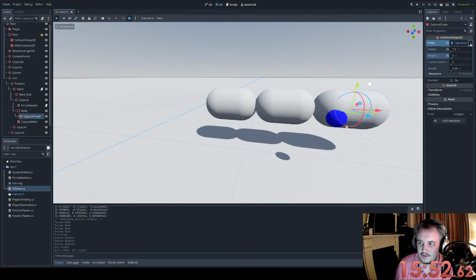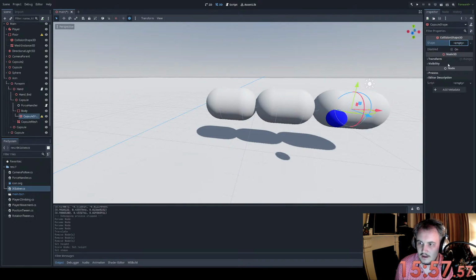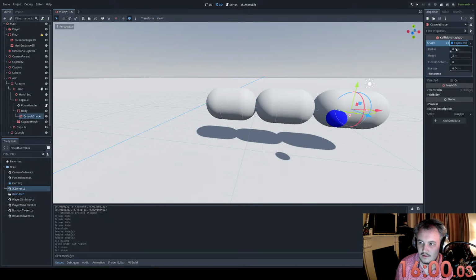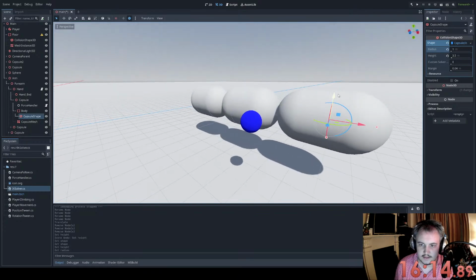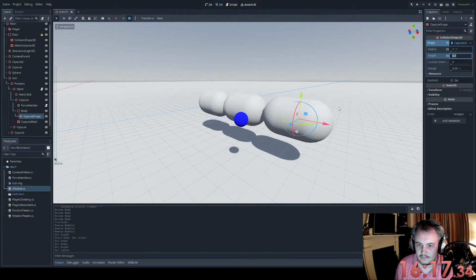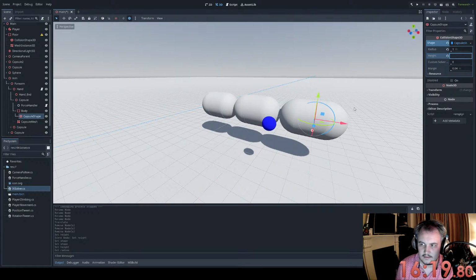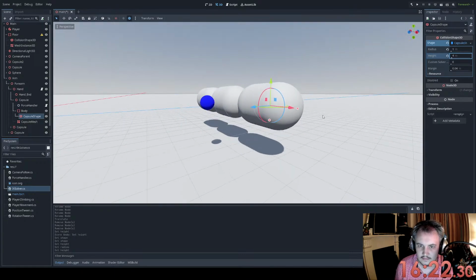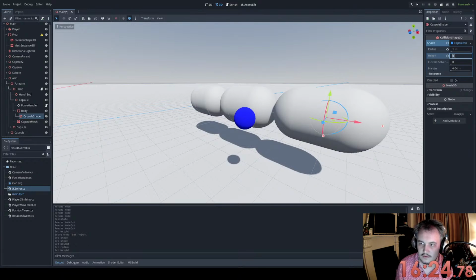Ah, they are sharing a shape. I need to empty you and then create a new capsule shape. Height is 3.5. I guess the radius could be also smaller. Like 1. Kind of looks nice. Oh wait. Height needs to be bigger then, right? Oh no. Okay, 3.5 is good. 3.5 there, and then